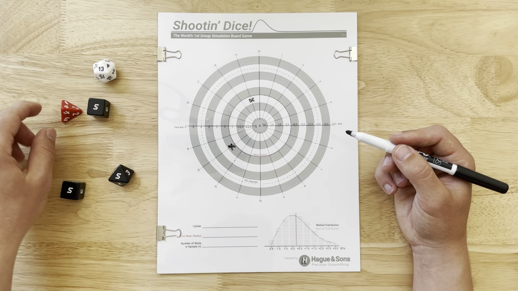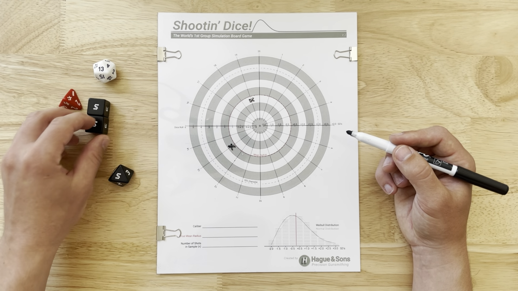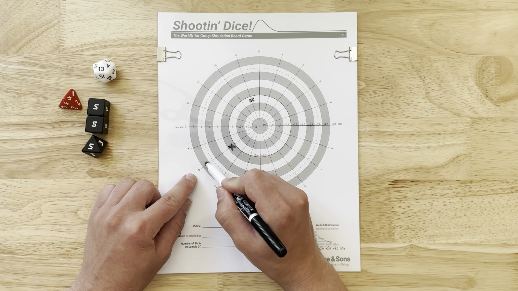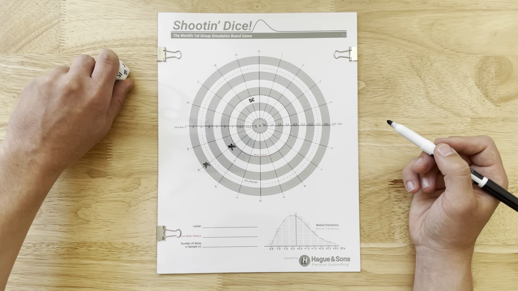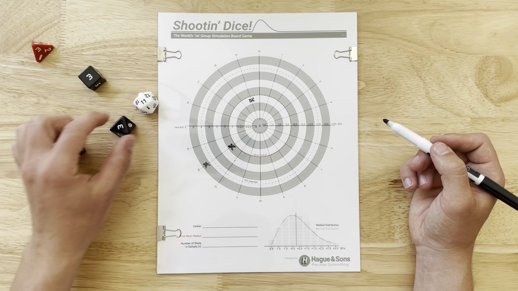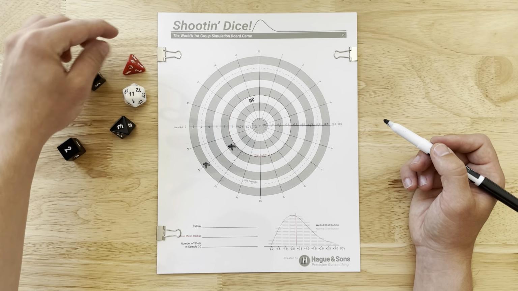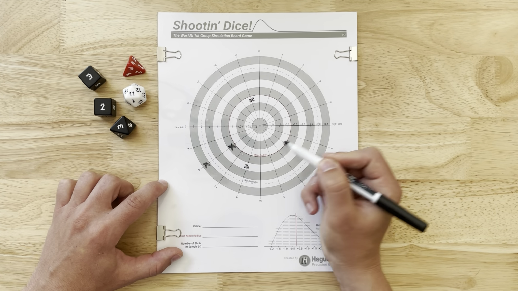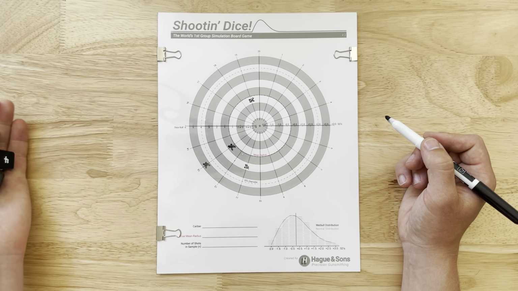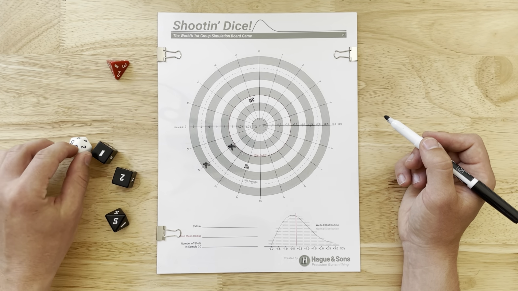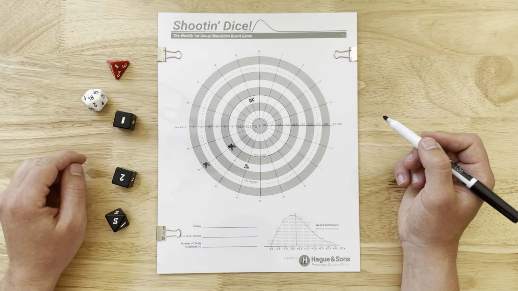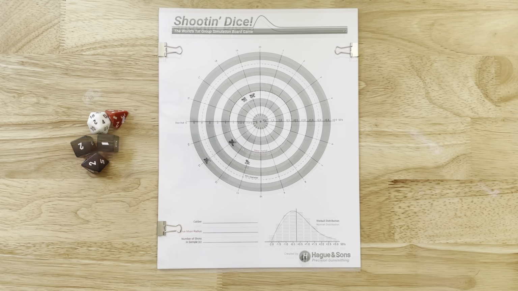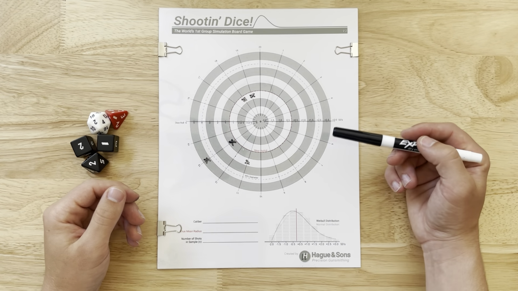13, again, outside the mean radius, and our lowest number is 5. So that's way out here. Got 11, outside the mean radius, and our lowest number is 2. Inside the mean radius at 18, and our lowest number is 1. So that's right here. So now that we've marked our 5 initial shots,